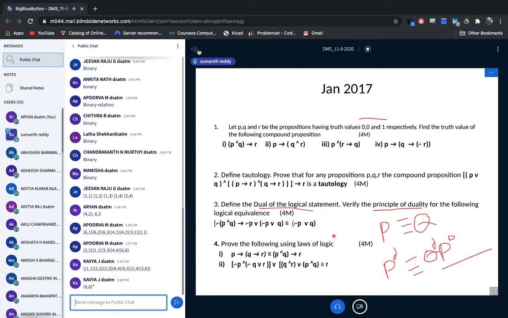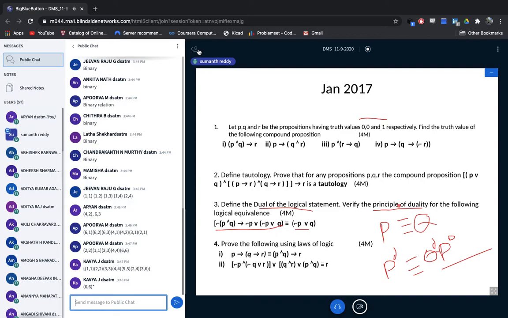And he is asking you to verify the principle of duality. Students, actually this problem we have not solved. In the previous class, I mentioned a few laws of logic and solved 5 to 6 sample problems. We still need to solve more and more problems, but I'm giving you some idea here. With the knowledge you have of the laws I have told you and the hints I have given, about when to apply which law, I think you can solve this. But you should not solve it directly by taking LHS is logically equivalent to RHS. No, you should not do that.